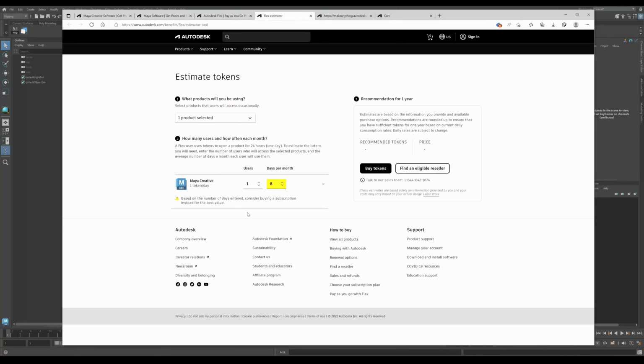What you've really got to do is go a bit further into the numbers and compare them exactly to the other offerings that are available. I'm going to increase my number of days now to 20. So I'm going to go on the premise of a month of there's 4 weeks in a month and there's 5 working days each week. So that's 5 multiplied by 4 gives us 20 working days a month, and there's no weekends. Now, the calculator is telling me that I need 240 tokens to use Maya Creative for a full year. That's if I used it 20 days a month, every month of the year. And that comes to